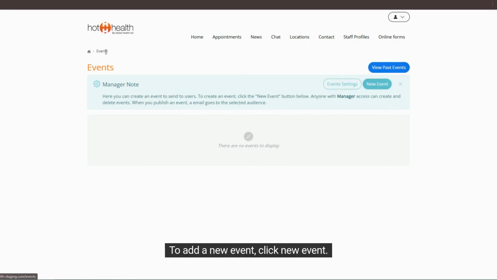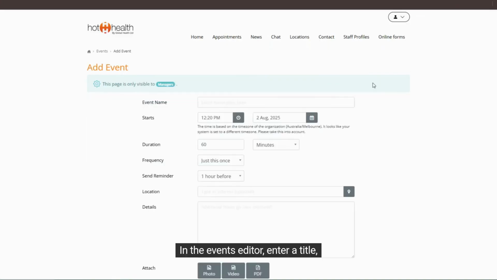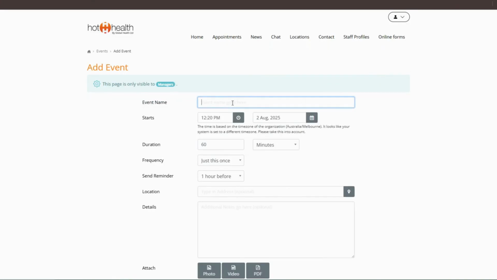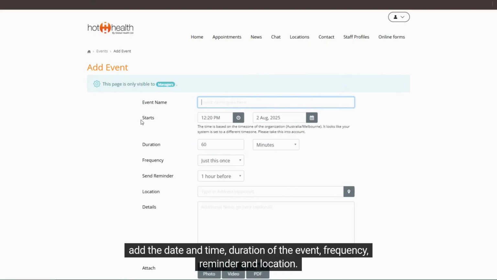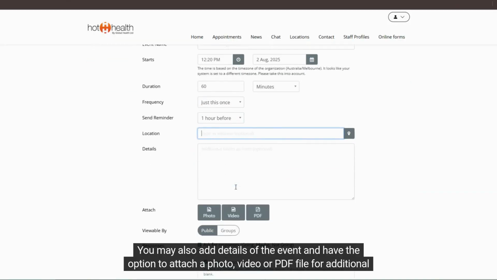To add a new event, click New Event. In the Events Editor, enter a title. Add the date and time, duration of the event, frequency, reminder, and location. You may also add details of the event and have the option to attach a photo, video or PDF file